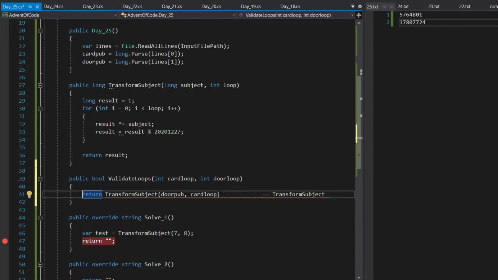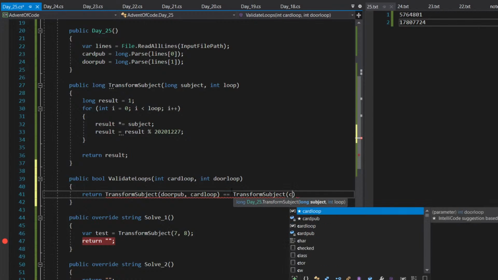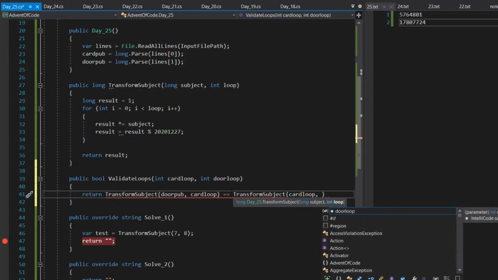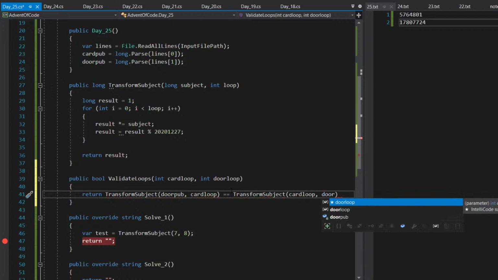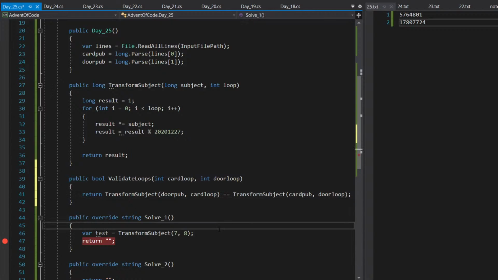Oh, that's weird. Card loop. No, door loop. Card pub and door loop. So we need to figure out